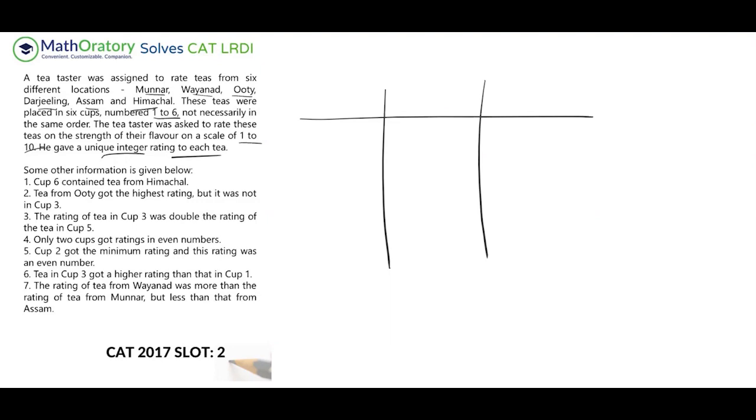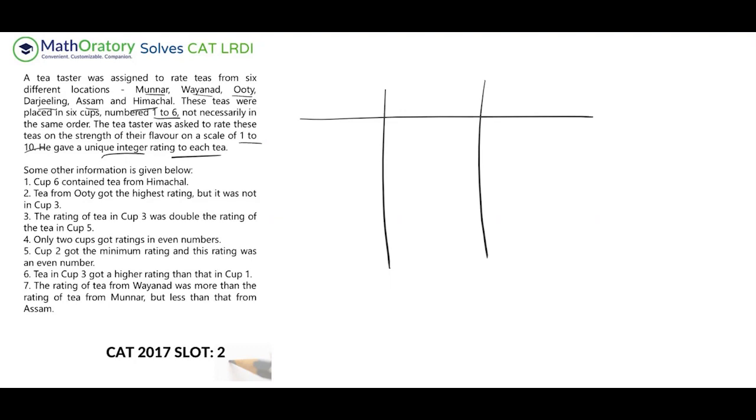If I take that example of interview, there might be situations in which there will be information related to the person from Delhi coming for the interview before the person who was an engineer. So something like this. In those cases, it's visually easy to allocate if you have taken the first column as that better order, so time as the better order. But in this case, the cup numbers are not that much a better order at the first glance. So let me just glance through the information to understand that.